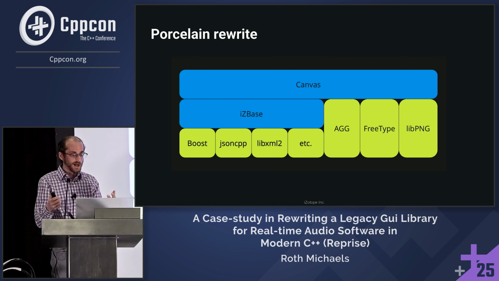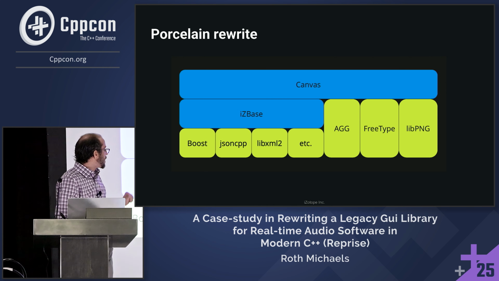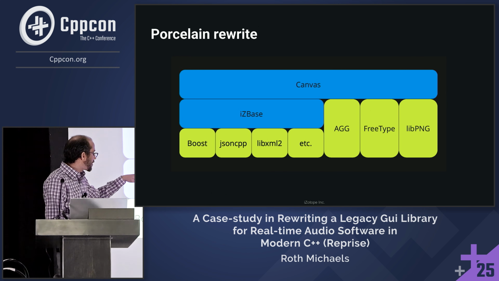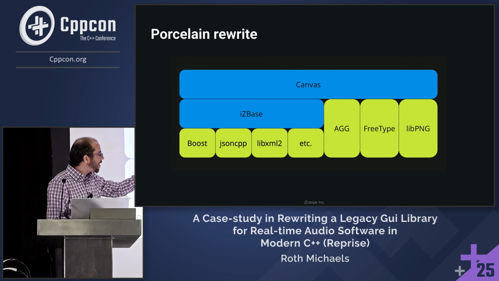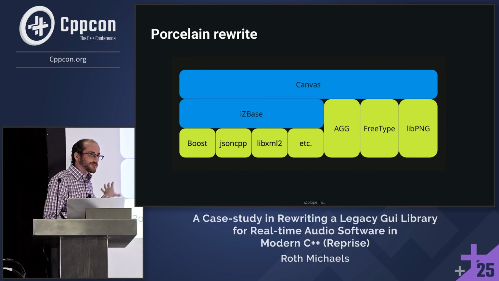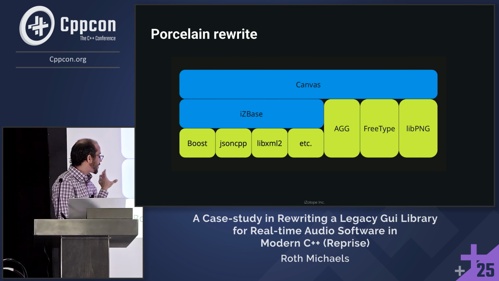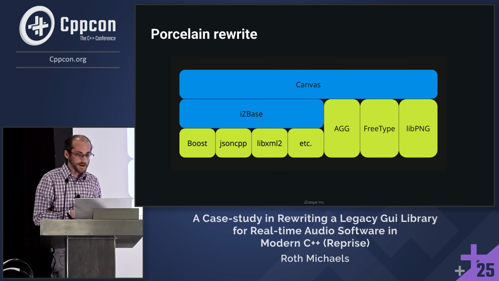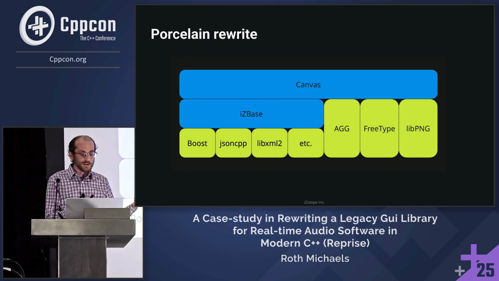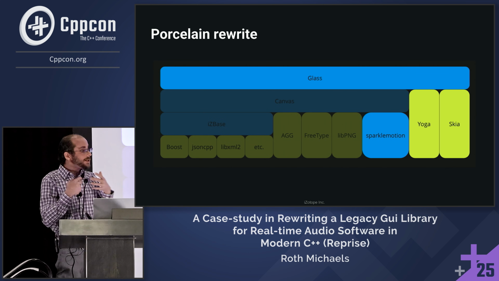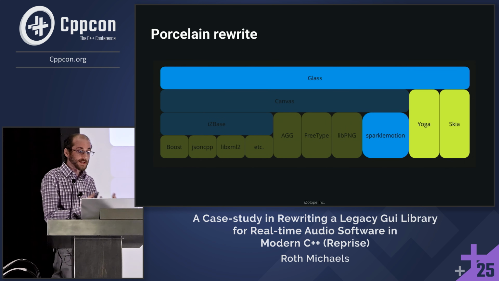I call this a porcelain rewrite, where this is an abbreviated version of what the tech stack looked like for Canvas. We have a bunch of third-party libraries, AGG for drawing, FreeType for text, libpng, some other stuff like that. IZBase is kind of our general foundational application library. And on top of all this, we had Canvas, our UI library. And instead of rewriting all of that, we decided to use that as the engine to build a new library where we could make new APIs, Glass, and then integrate the other new features that we wanted that didn't exist